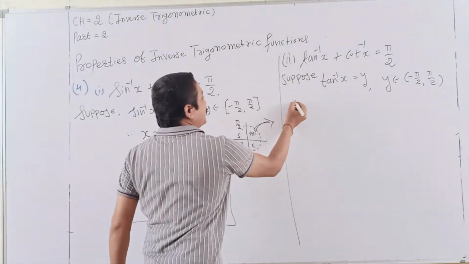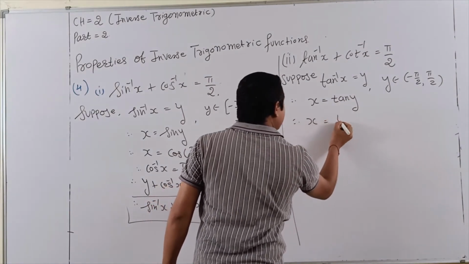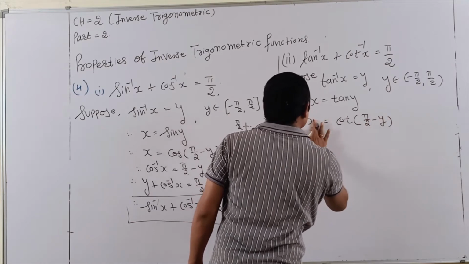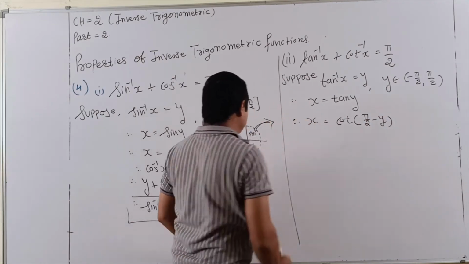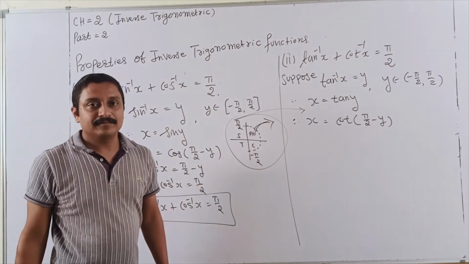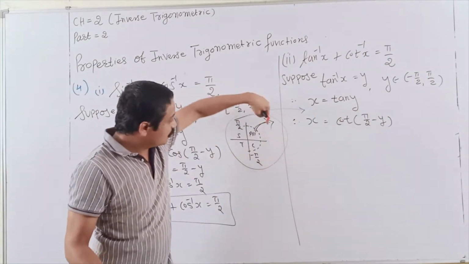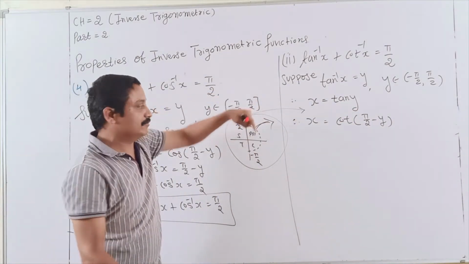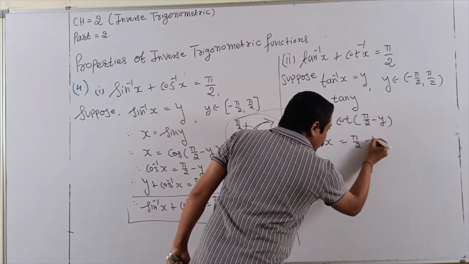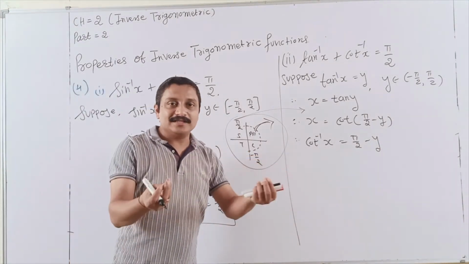So what is x? Yes, it is tan y. Now I convert tan into the form of cot of 90 minus y, because in your range this drawing shows up again. So cot of 90 minus y becomes tan y, positive, because we go into positive cases, always. So cot inverse x is only pi by 2 minus y. Students, this proof and that proof are totally the same.